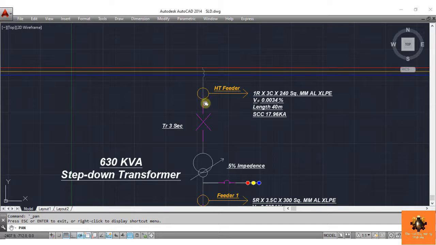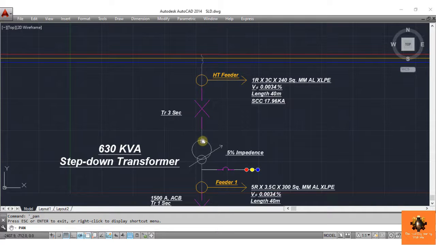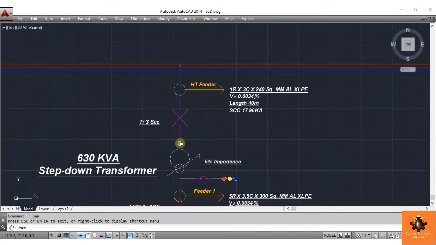Now after that come to this part. This is the cable. Actually this is HT cables. HT cable means high tension cable where operating voltage is 11 kV, and this cable is connected from point of supply to this end. This is connected to the primary side of the transformer, and in between the point of supply and the transformer we have connected one circuit breaker. See here, this is the circuit breaker symbol.